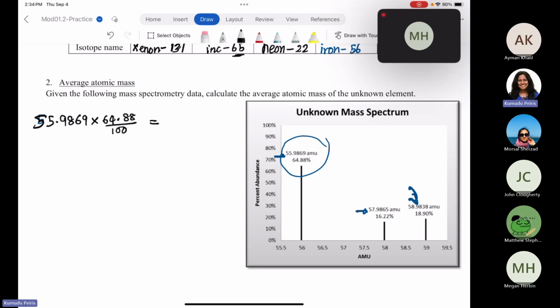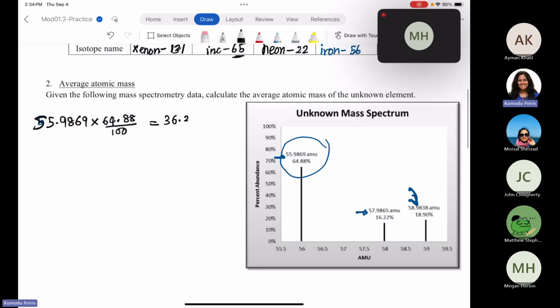And what is that number? You'll write whatever is displayed on your calculator. 36.32